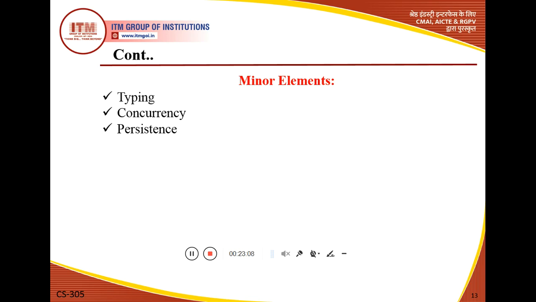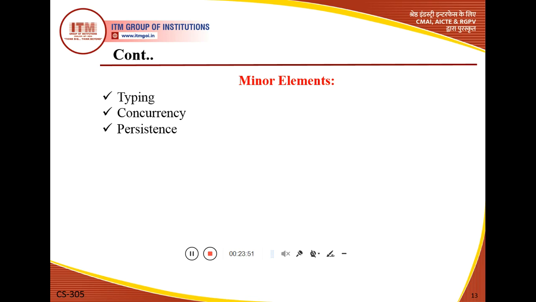So what do we mean by typing? Typing means that if you write anything according to the class of an object, and you want to create objects of different types, they might not be interchanged, so there is a restricted way of creating objects on the basis of the class. The concepts of type and class are similar. We use typing as a separate element of the object model. So these are the minor elements of the object model.